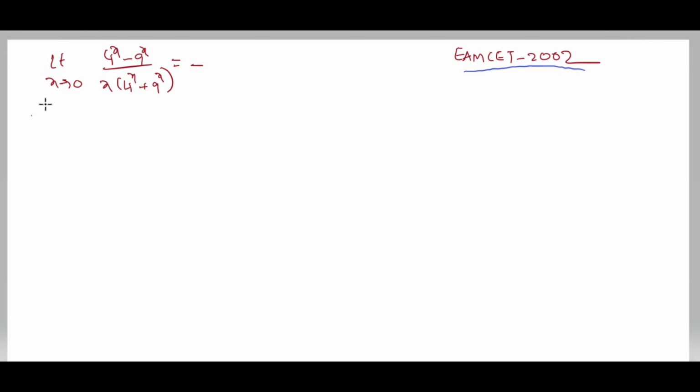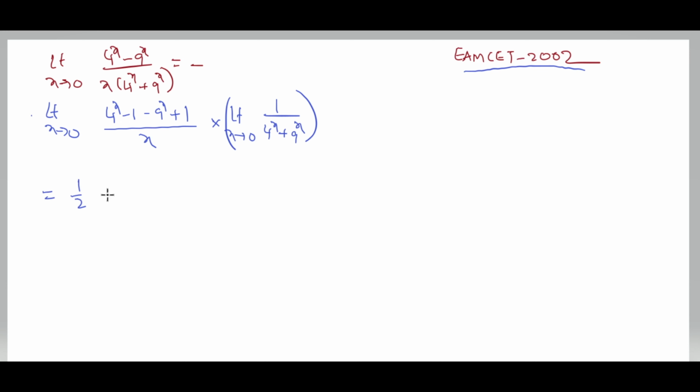This is written as limit x tends to 0, (4^x − 1 − 9^x + 1), adding 1 and subtracting 1, over x, into limit x tends to 0, 1/(4^x + 9^x). Substituting x = 0 in this value, 1/(4^0 + 9^0), 4^0 is 1, 9^0 is 1, 1 plus 1 is 2, so this value is 1/2 into limit x tends to 0,